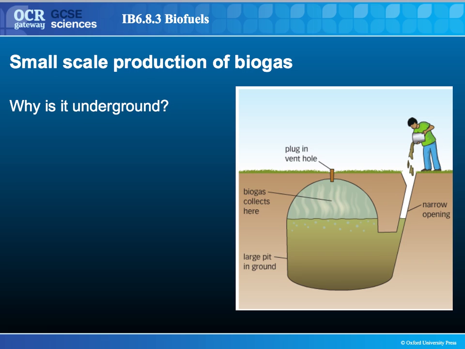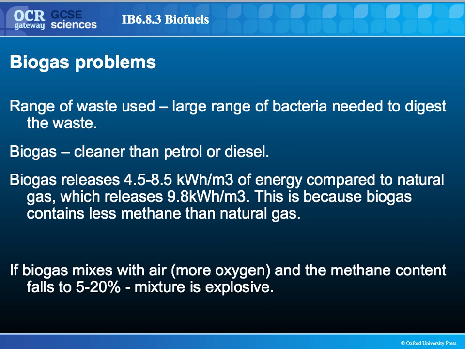The family will place organic material in this narrow opening, such as dead plants and animal waste from around their homes and farms, and the bacteria will digest this waste and produce the gas, which can be vented via this hole here. Although biogas is a huge advantage in terms of environmental issues and being able to have it on a small and large scale, it also has its problems, such as the range of waste that is used, from plant material to animal material and faeces, means that a large range of bacteria is needed to digest these